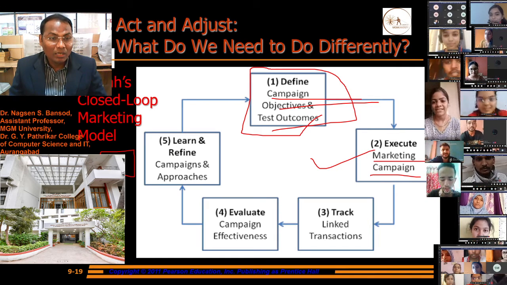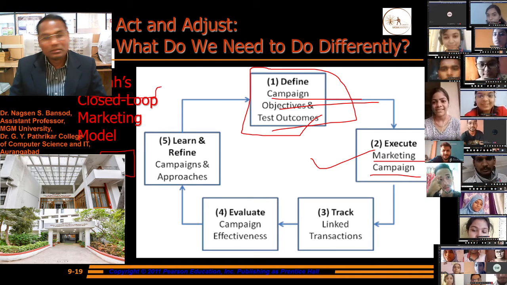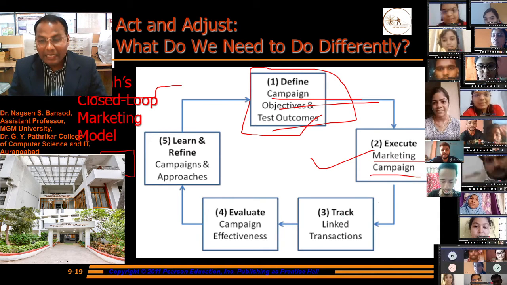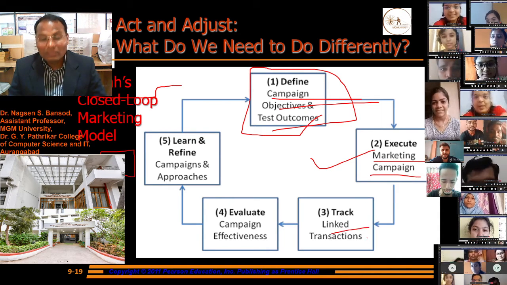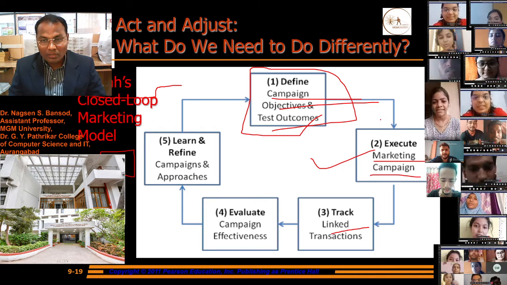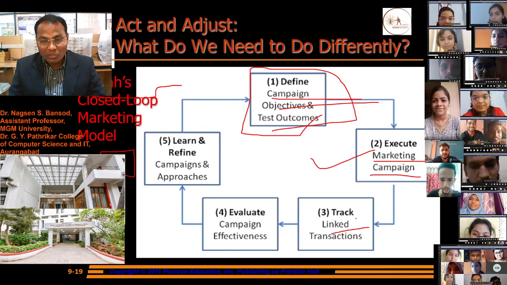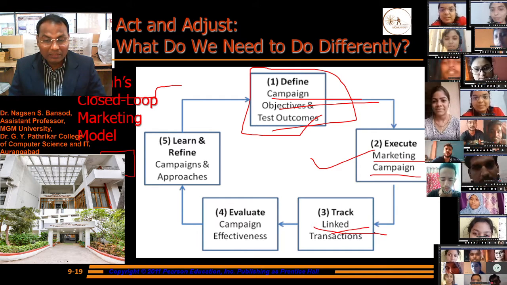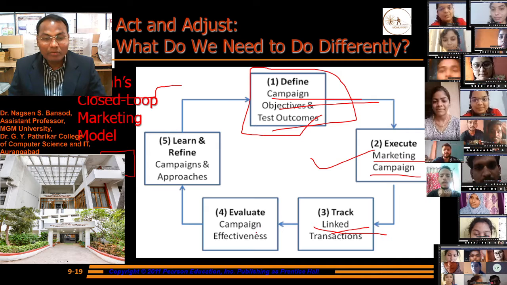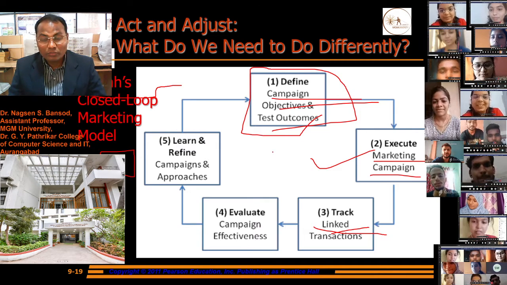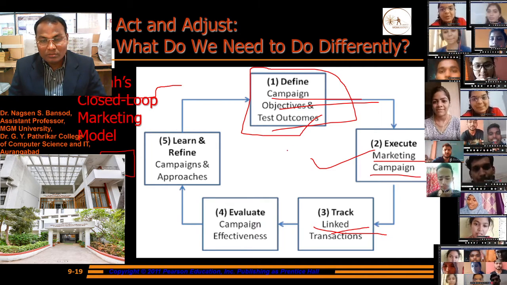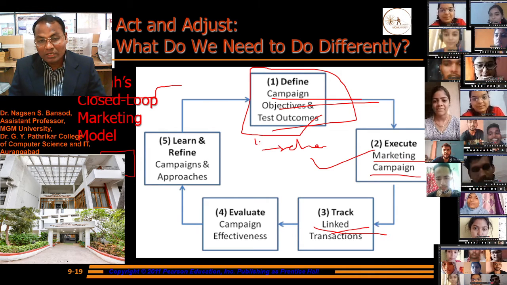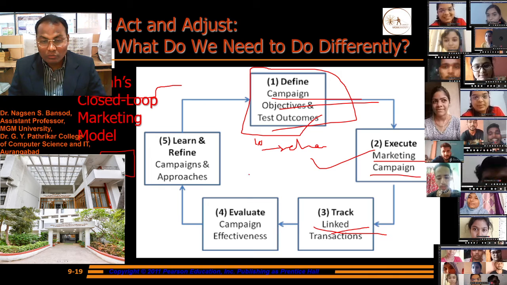Haras said this. And track the link transactions. We have a campaign, we have decided the objective, is this happening through that or not, we have to track that link transaction. Then evaluate the campaign effectiveness. We advertise in, suppose, 10 TV channels, then how much benefit we got, we have to evaluate that